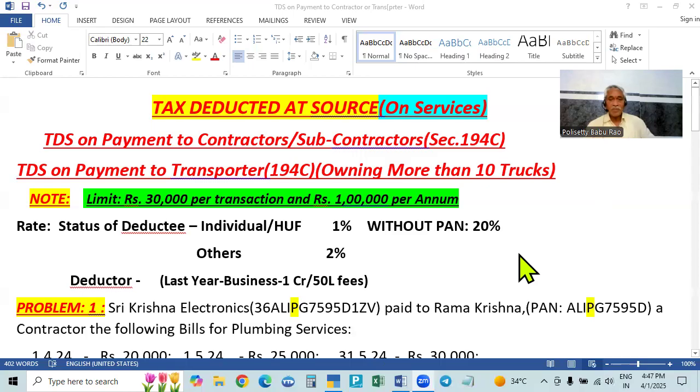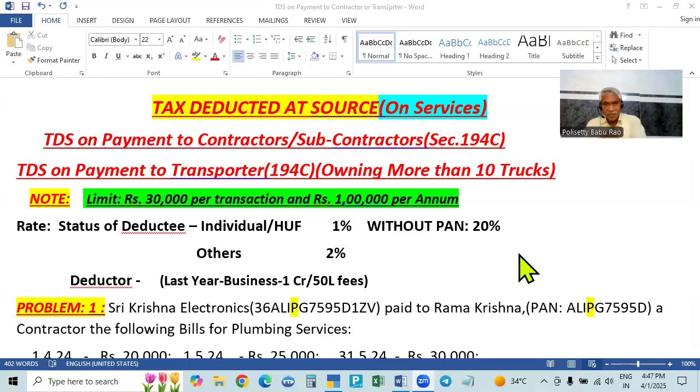How to do it? First of all, there are a lot of sections, from section 192 to 194. In these sections, there are some subsections also. 192 has only one subsection. 193 also has one subsection. From 194, we have a lot of subsections dealing with different services.